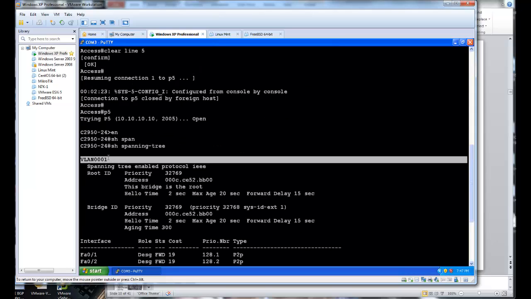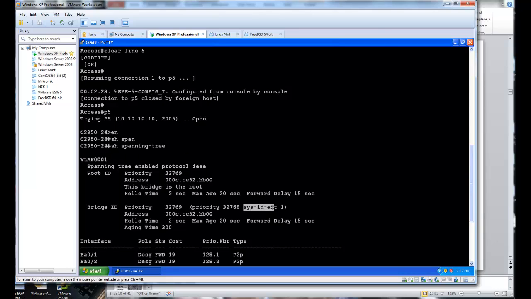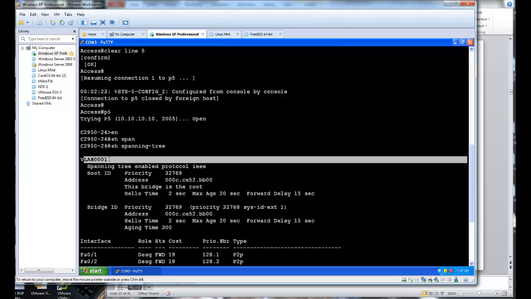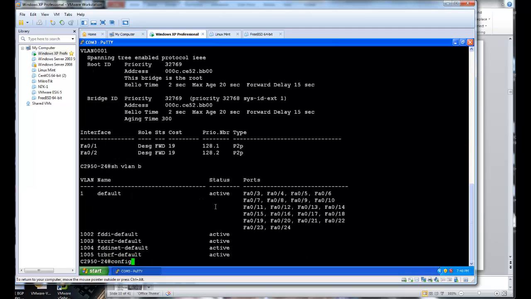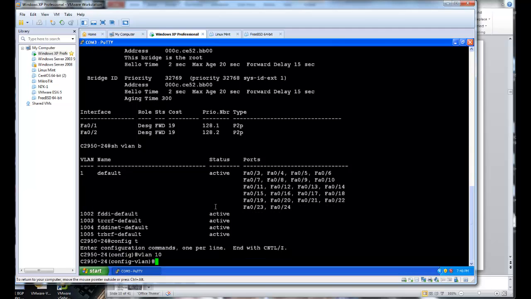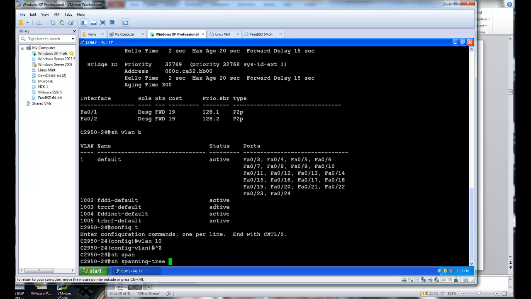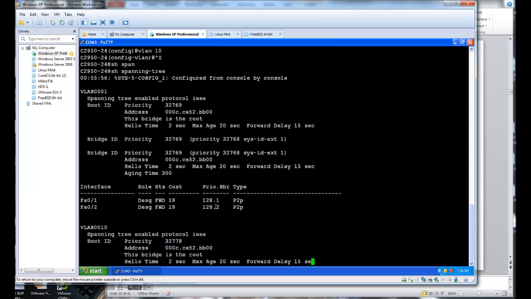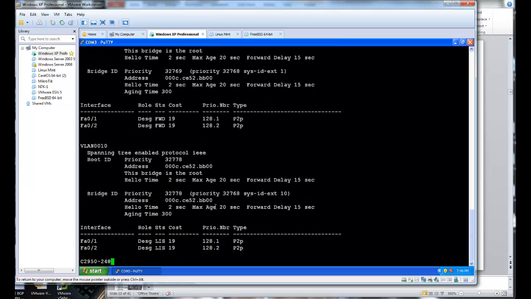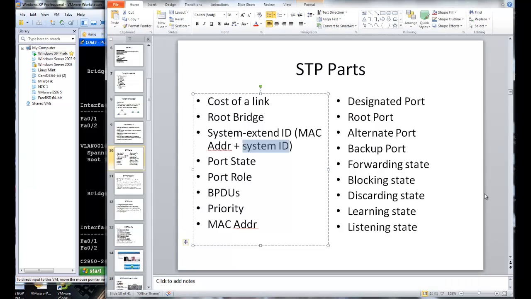So my first VLAN here, the system ID extension is going to be 1, because this is basically spanning VLAN number 1. Let me create VLAN 10, let's say. Okay, so I create another VLAN, I just called it VLAN 10. And notice down here, my system extension, or my system ID, has been changed to 10. So out of the box, by default, if you don't change anything, the priority, and once again, I'm jumping back and forth, but this is where the terminology sometimes gets a little confusing,